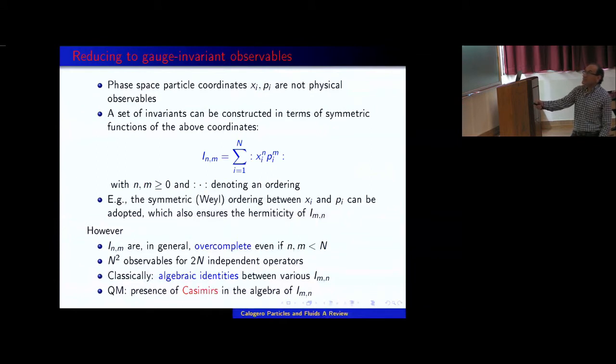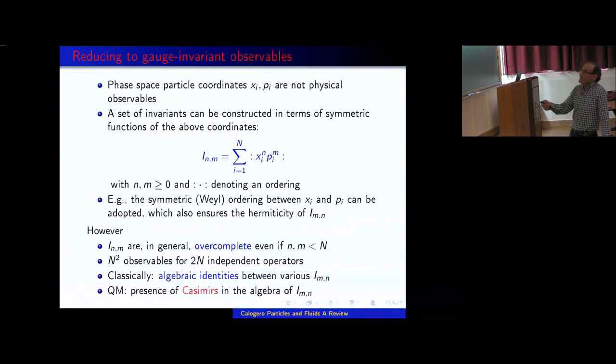Remember, these are now quantum operators, so you should order them in a particular way. It's convenient usually to take Weyl ordering. You fully symmetrize this product because, first of all, this makes it a little bit nicer in properties, and second, it makes it Hermitian, while as it is written without ordering, it wouldn't be Hermitian.